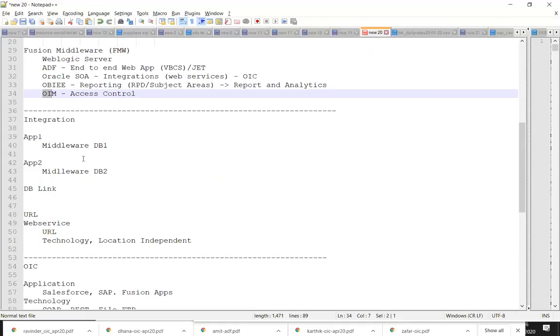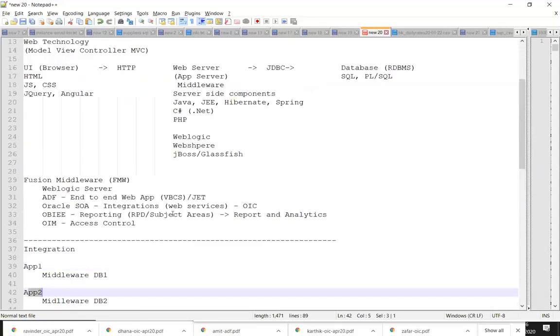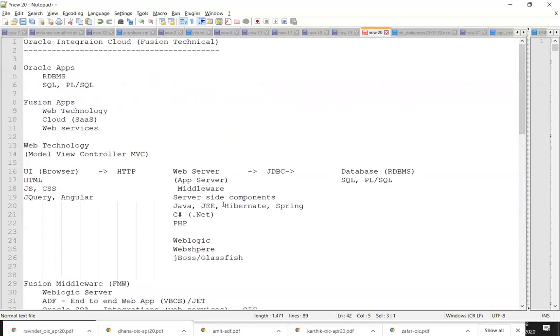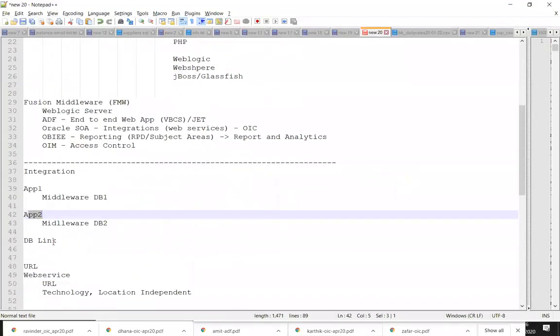Okay. So the purpose of integration: wherever you have two or more applications, which may be developed in heterogeneous technologies, you would like to exchange some data among them. The traditional solutions, like using a database or DB link to access the database directly, may not be sufficient because there might be a lot of logic sitting in the middleware, and that won't be possible to access directly from the database side by some other application. So we also learned that web service is going to be a solution for that.